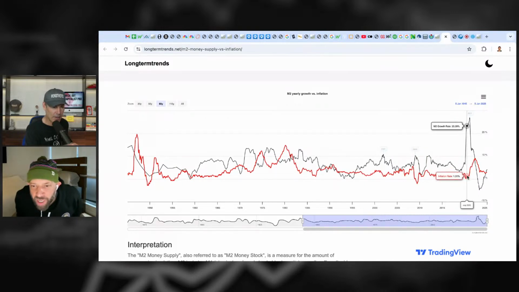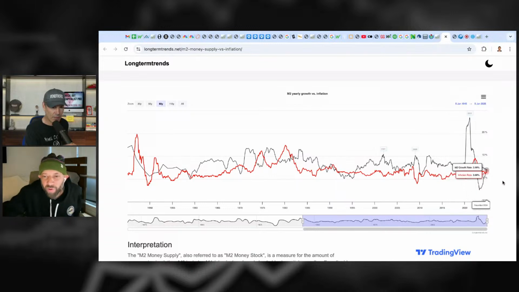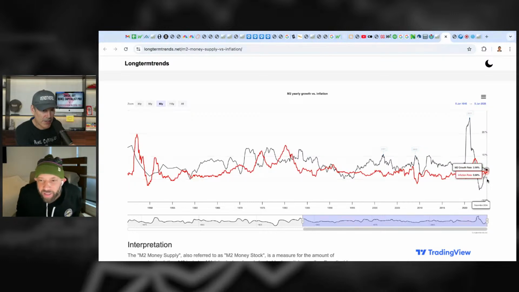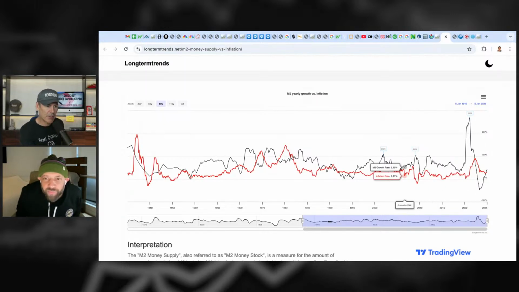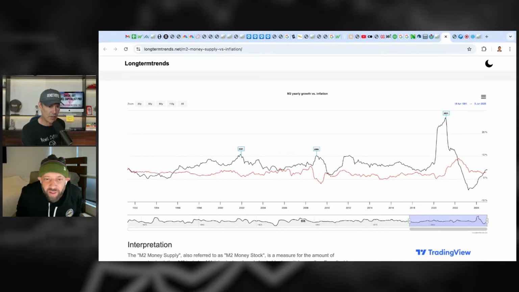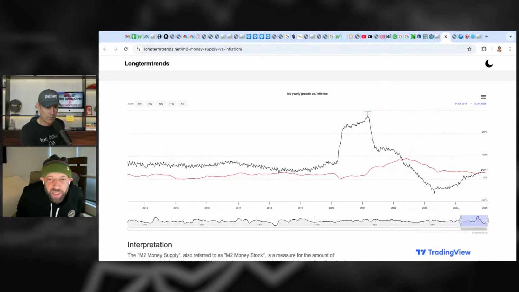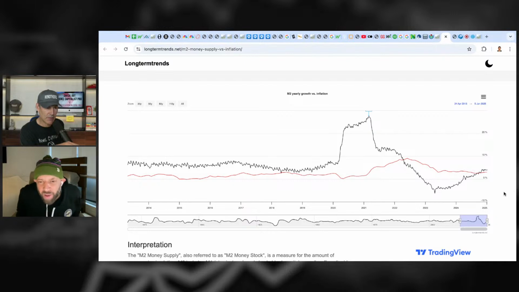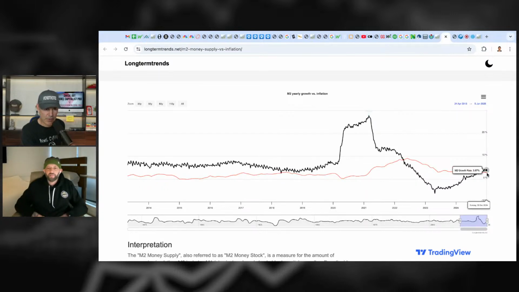Okay, so 2% is right about almost where you are. Yeah, so 2%, this is 0% right here, Chris, where my pointer is. Okay, yeah, I can barely see it. Yeah, let me just, I'm way zoomed out here. Okay, so 2% is the target. I mean, 2% is right around where my pointer is. Okay, and we're at what, 3% and heading higher, it looks like? We're at 3%. Yes, correct.